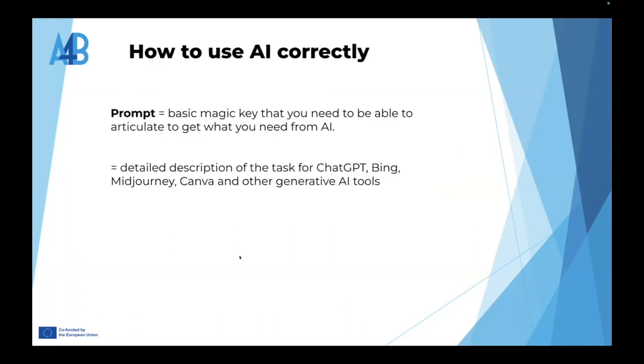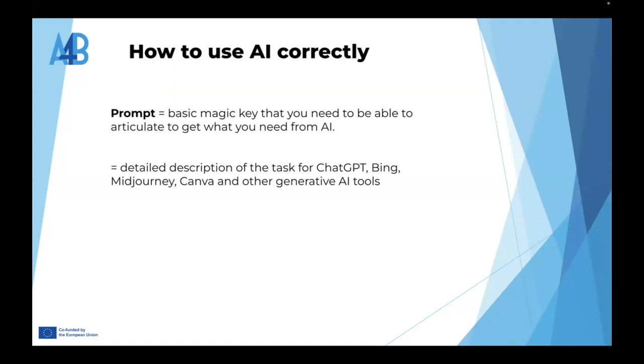So, how to use AI correctly? The basic magic key that you need to be able to articulate is the prompt. Prompt is the order that you give to the AI. It is like a detailed description of the task, and you can use it in ChatGPT. Bing is based on ChatGPT, and you can find this chatbot in the Edge browser.